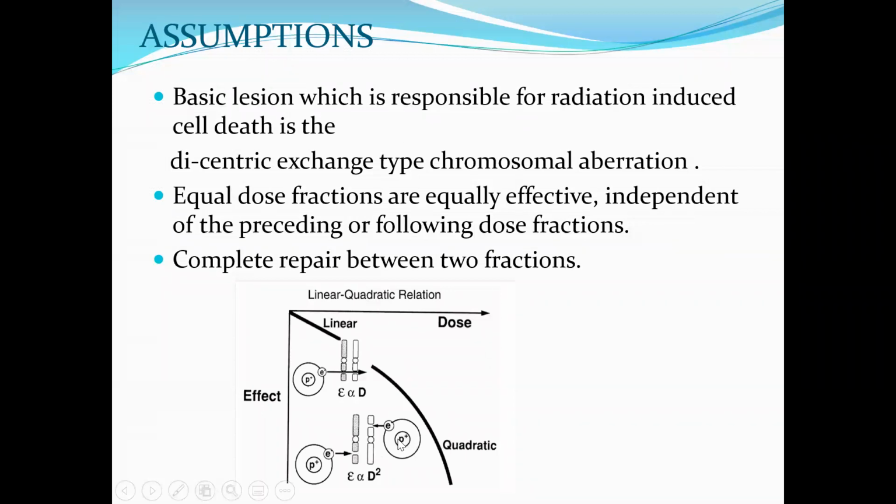So what it says is basically either a photon is directly hitting and causing the damage, double damage, or this dicentric aberration, or there are two independent photons, one coming from here and one coming from here. When it causes direct damage, it is directly proportional to the dose, but when it comes from two damages, it is proportional to the square of the dose. So the total cell kill is the sum of this effect and this effect. This gives rise to the linear component and this gives rise to the quadratic component. Tell me, the scope of repair is higher with which one, linear or quadratic?